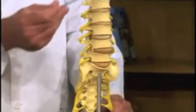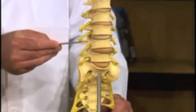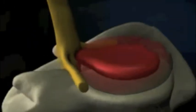Before we talk about the science behind it, let's review the anatomy of what we're trying to fix. This is a picture of your lower back. The lower back has bones, which are called vertebrae. They have discs, which separate the space between the bones, and they have nerves. The disc is like a jelly donut. When you put too much pressure on it, the jelly squirts out. When it does that, it can touch the nerve and cause pain in the lower back, or